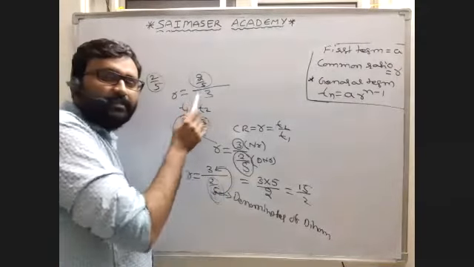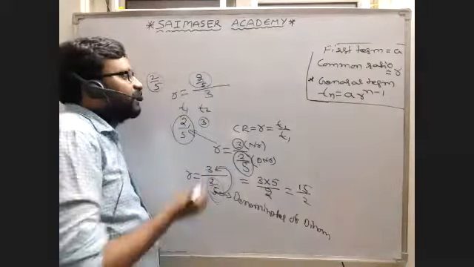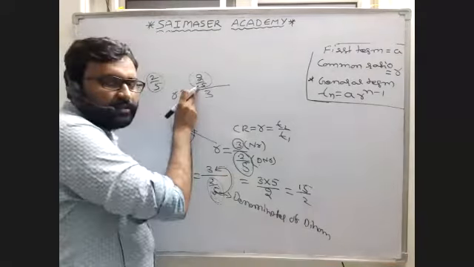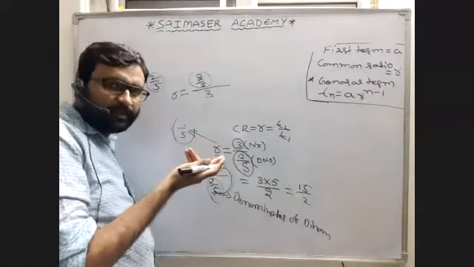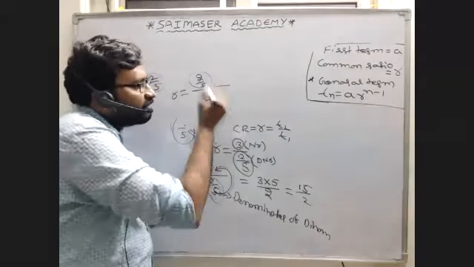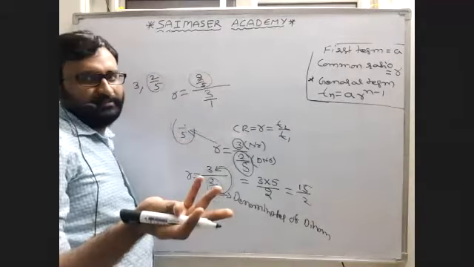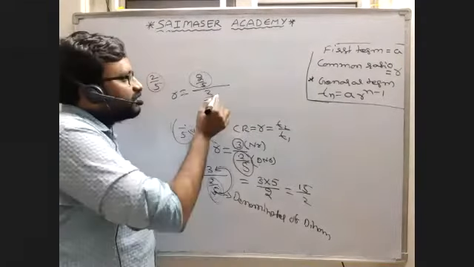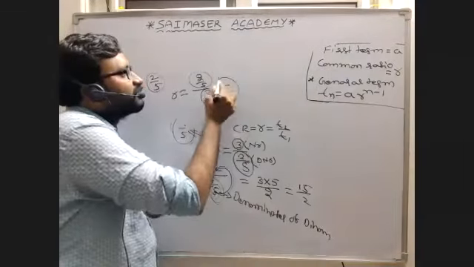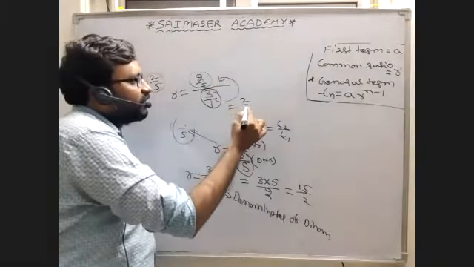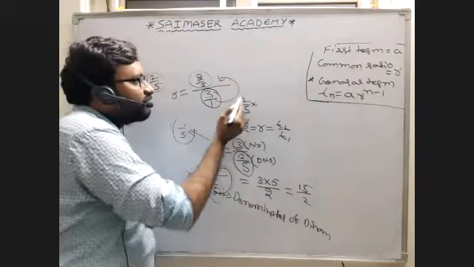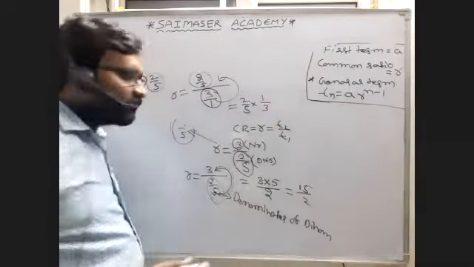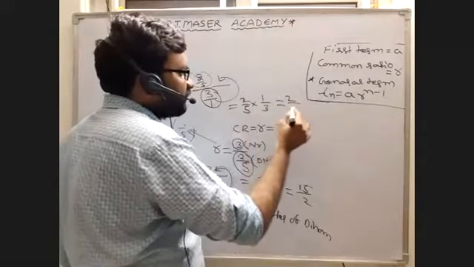But if you have it like this, very simple, for 2 the denominator is 5. For 3, what is the denominator? Nothing is there, but we can always write it as 3 by 1. Now this 3 by 1 we can write as 2 by 5 into this 1 will be, I told you, the numerator 1, and this 3 will be as it is the denominator. Then you can write 2 times 1, 2, by 5 times 3, 15.